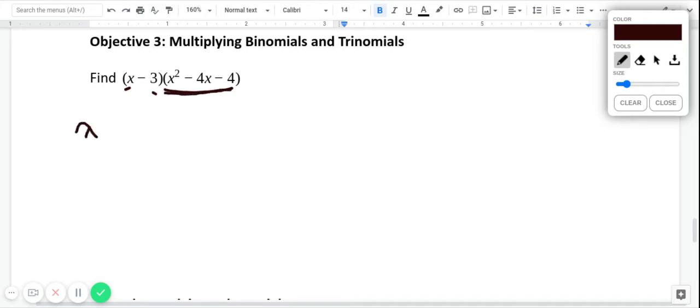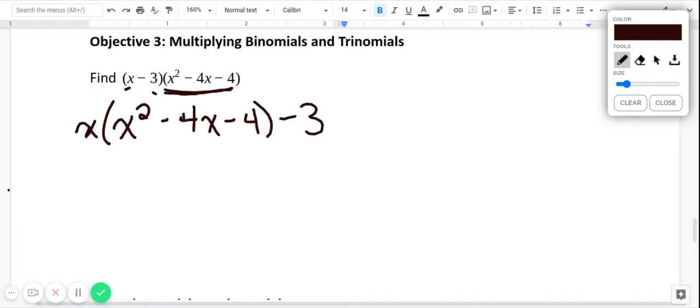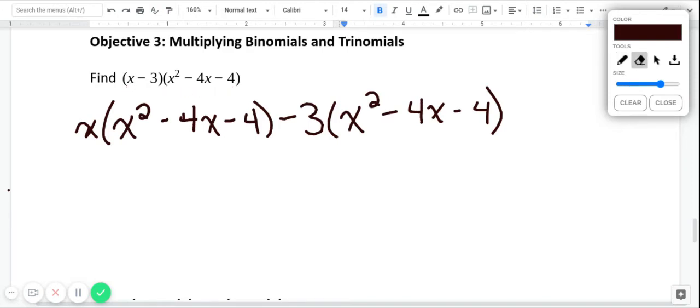I'm going to take x times our trinomial over here, which is x squared minus 4x minus 4. And then we've got a minus 3 times this whole trinomial again, x squared minus 4x minus 4. And now we're going to distribute. So I'm going to erase all these lines. I'm going to multiply this x times each individual term